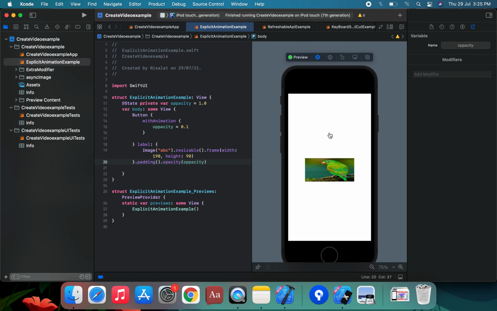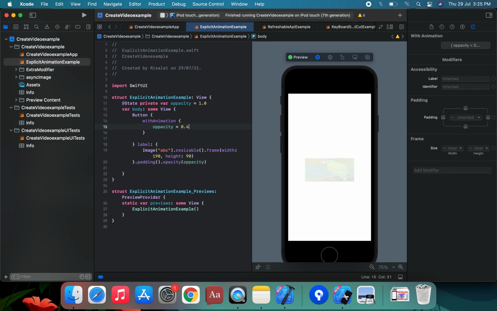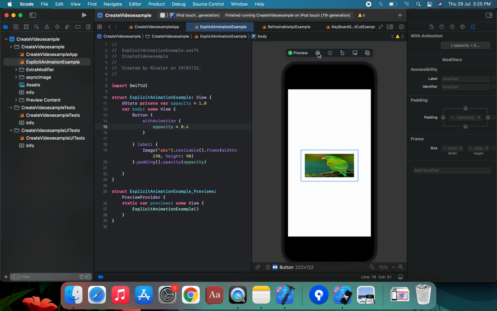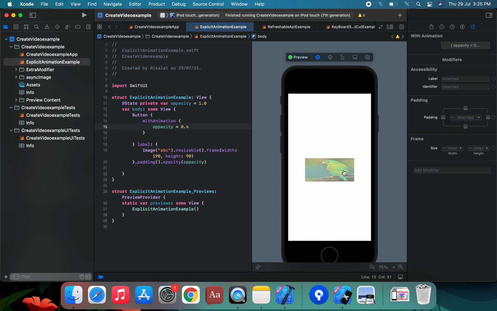So tap on this first. We're going to change this value, suppose this is 1.1, suppose this is 1.4. We run the application, resume, and run again. So this is the tap, and we subtract, which removes the opacity in this application.